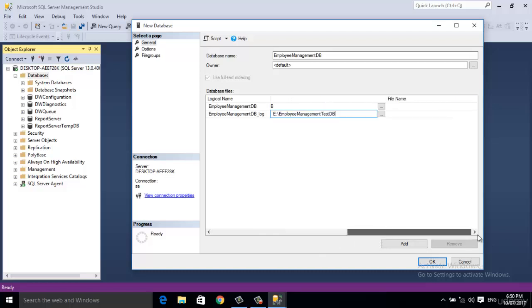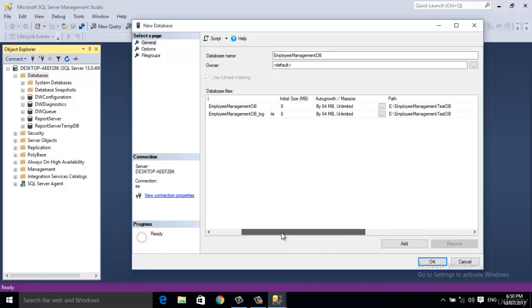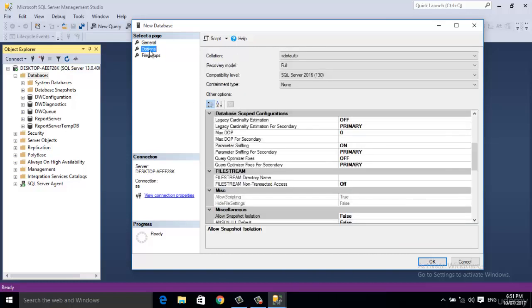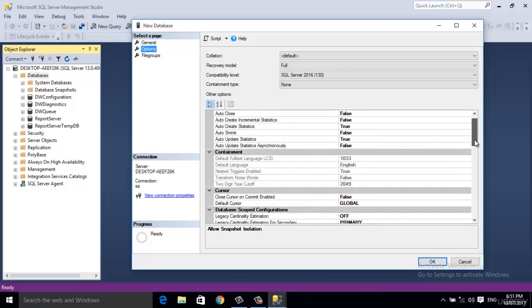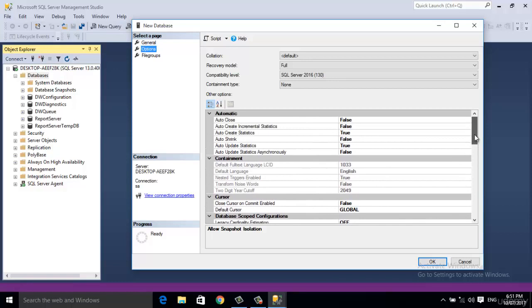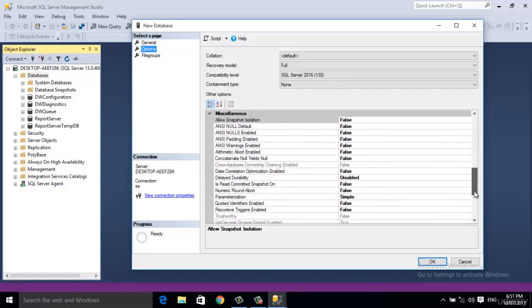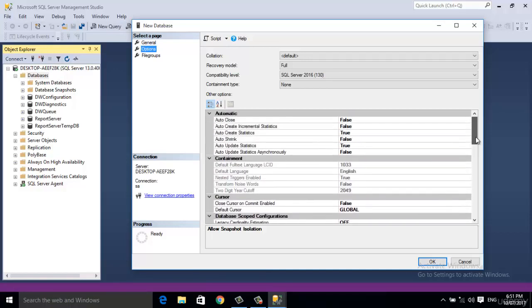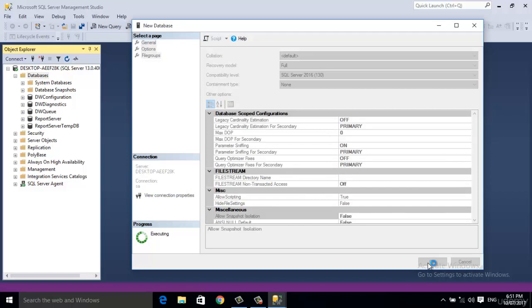Okay, you can also write customized names for your files. I am not using this option here, and let Microsoft SQL Server decide the file names. Let's click on Options just to recheck if anything needs to be changed here. I think at this point we don't need to do anything here, and let the process go on. Just click on OK.